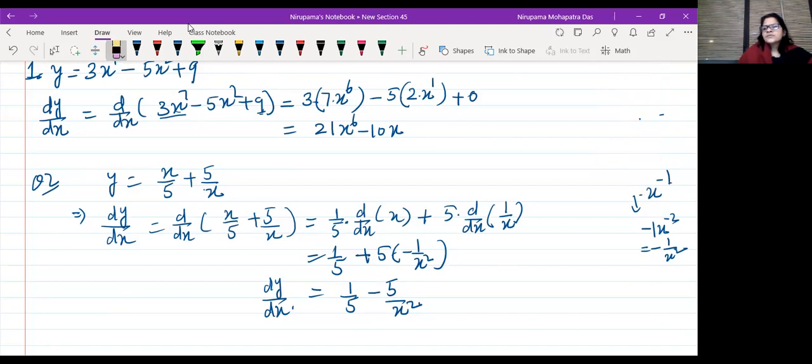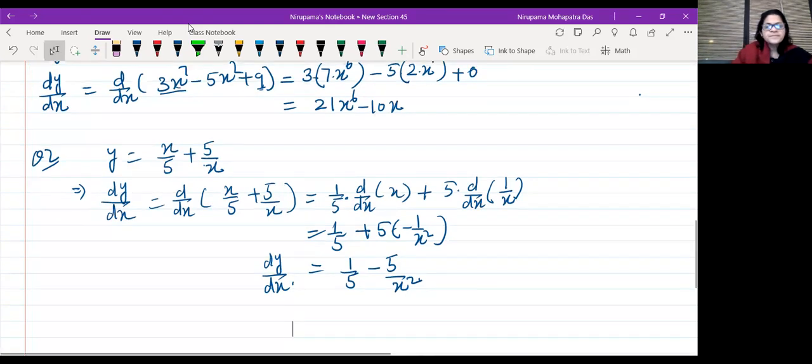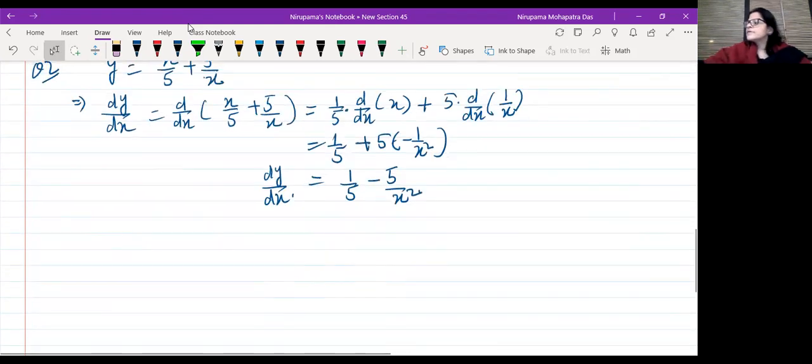So next question. I will be taking some questions where you really can apply the formula. Let me take some more questions. This is about using the first thing. Whether it is sum or difference, you can do like this.